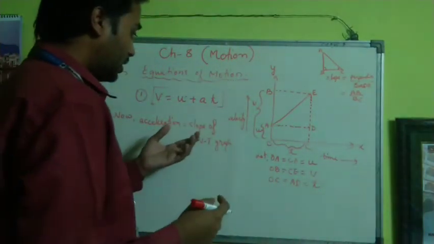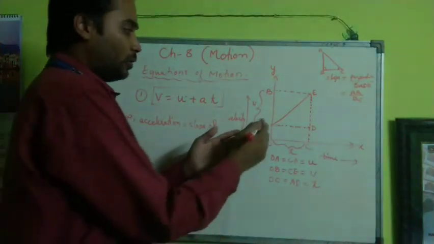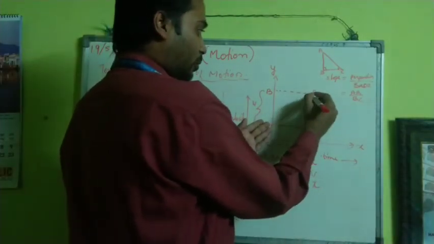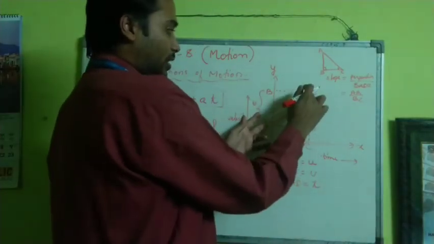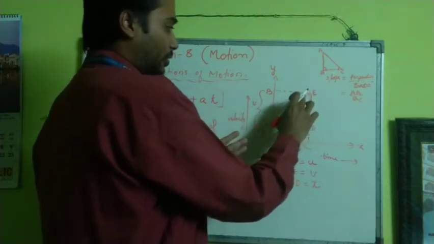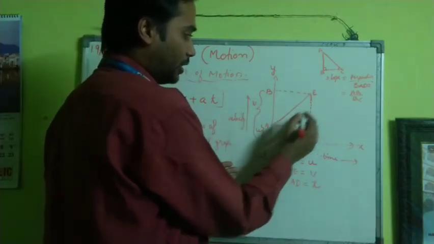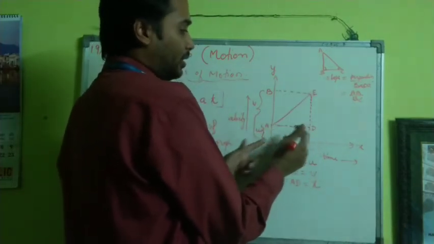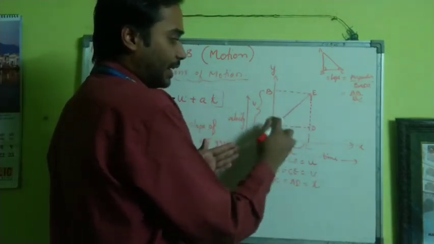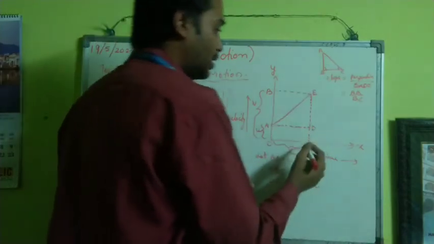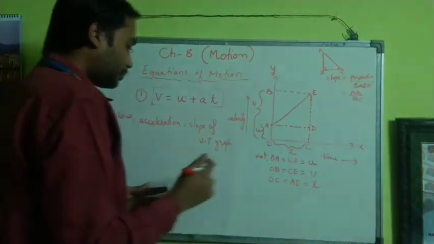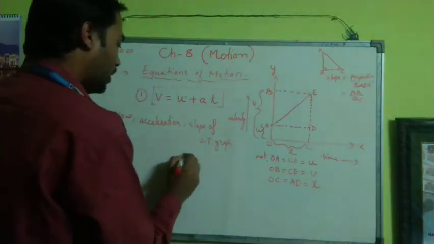Similarly, we have to consider the slope of the VT graph. Now we know the graph started from point A and finished at point E. So this is our actual VT graph. With this graph, if you take the perpendiculars, it will be ED and AD. So this is forming a right angle triangle exactly like this. So here the perpendicular is ED and the base is AD. So slope is what?